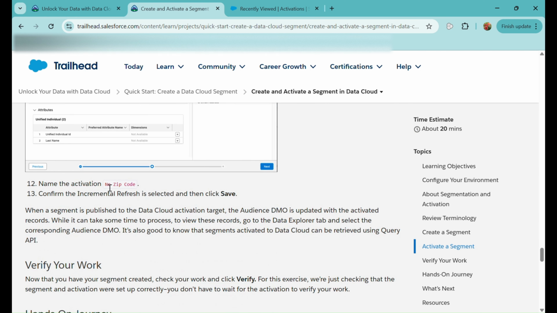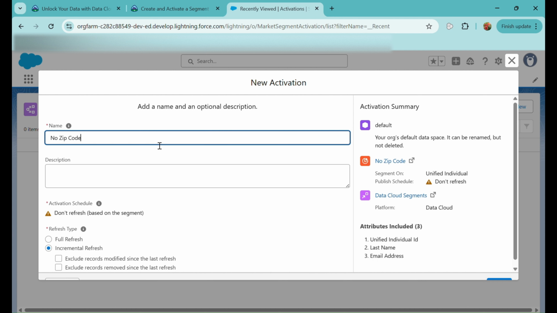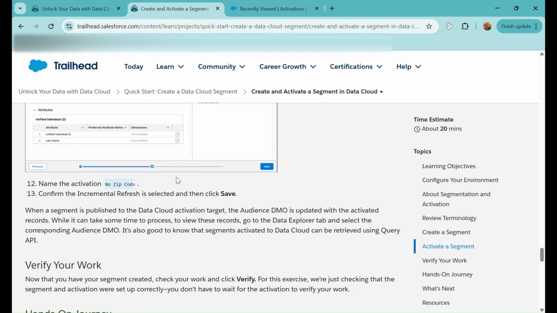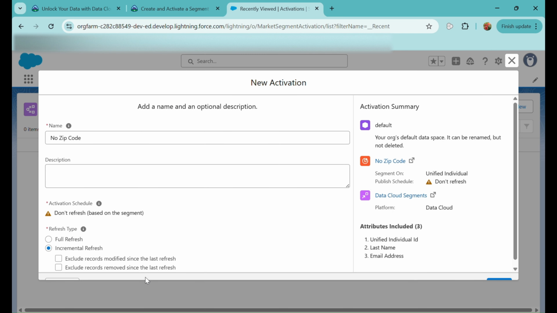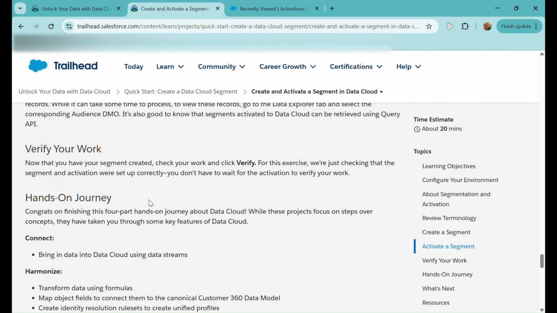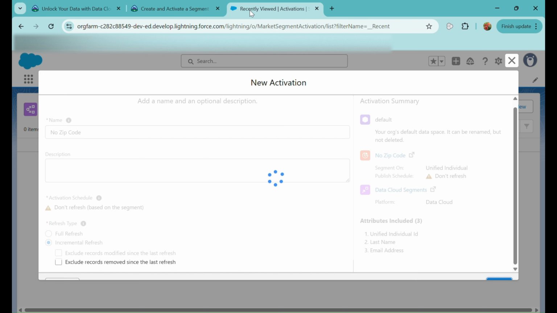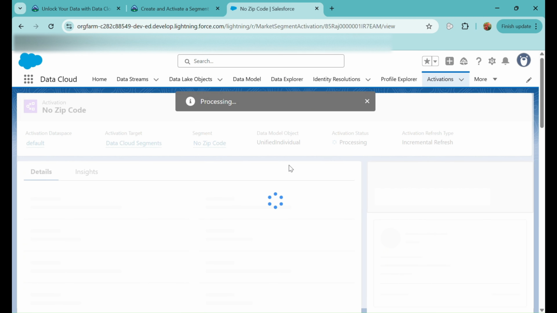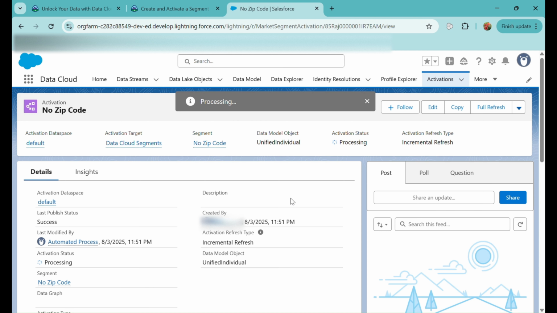Now I need to give the name, that is the no zip code activation. And I will click on save again. Let's see. Okay, incremental refresh is selected, that is right, and we'll click on save. So that's it for this. Let's wait for it to get saved, and after this we can verify this module or the hands-on.